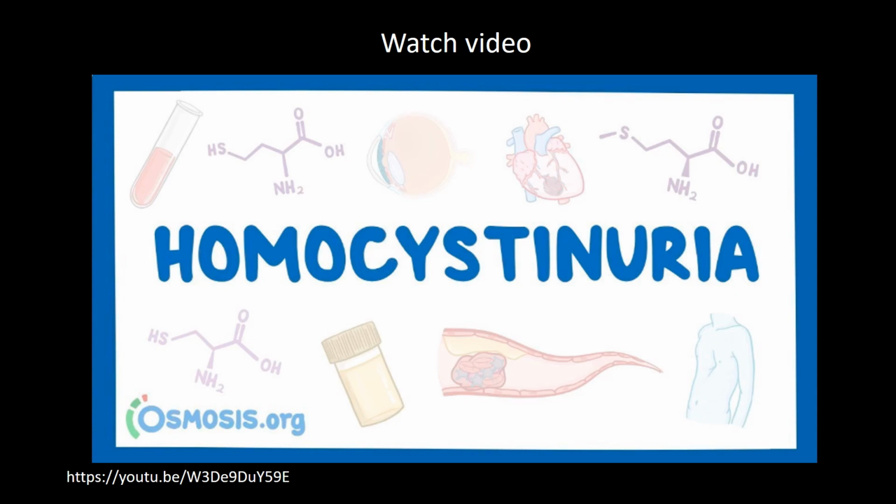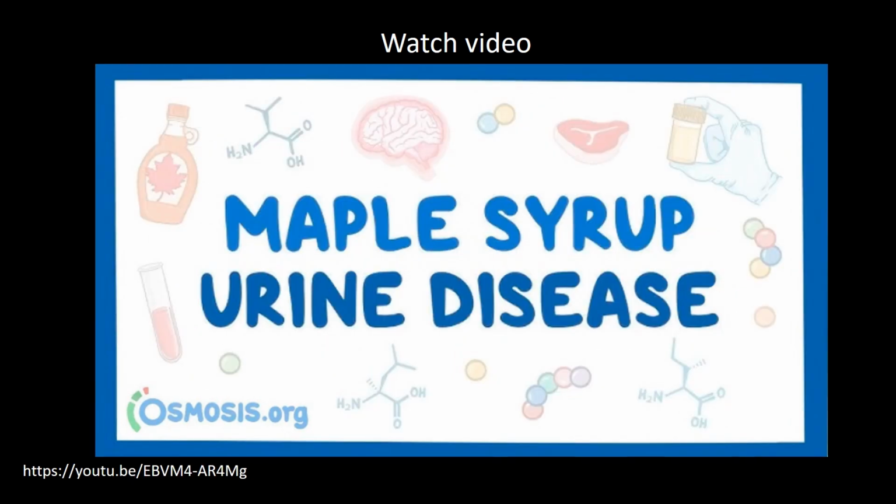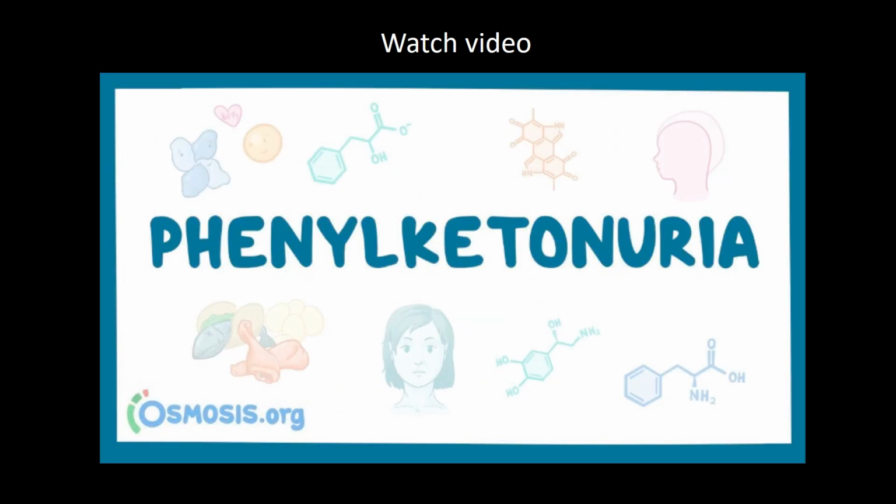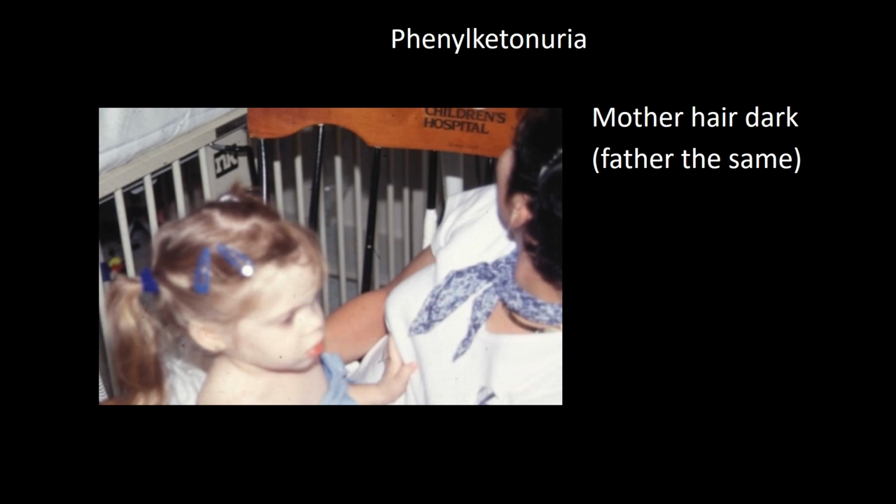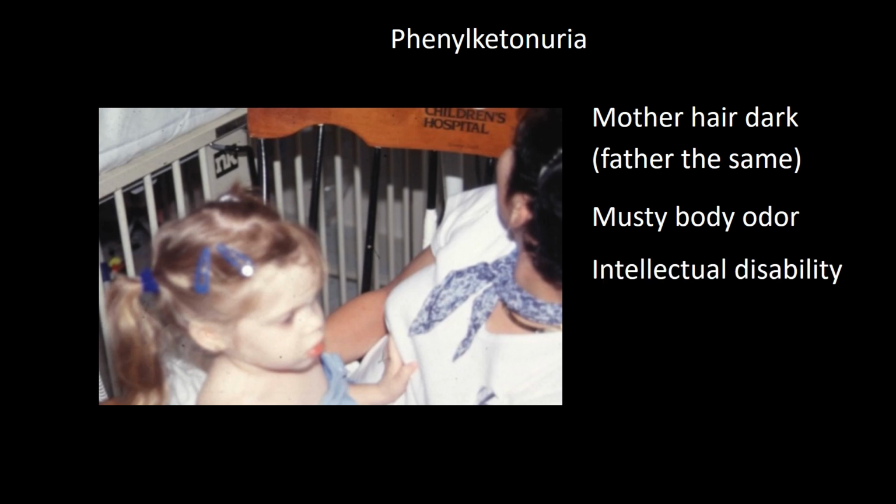Please watch the Osmosis video on homocystinuria, maple syrup urine disease, and phenylketonuria. In this picture, notice the mother's hair color and relatively dark complexion. The father's complexion and hair were similar or even darker. Her urine had a musty odor. She was intellectually disabled and small for age. She also had frequent rashes